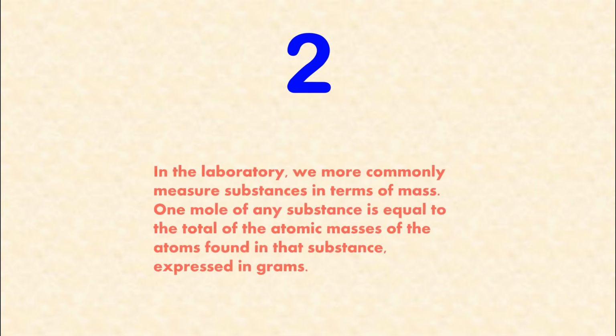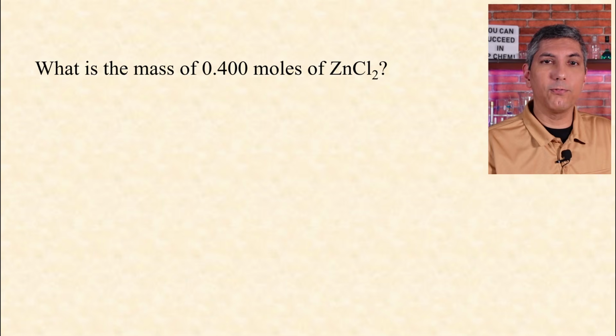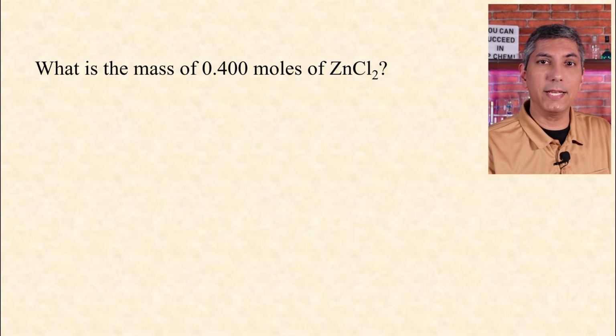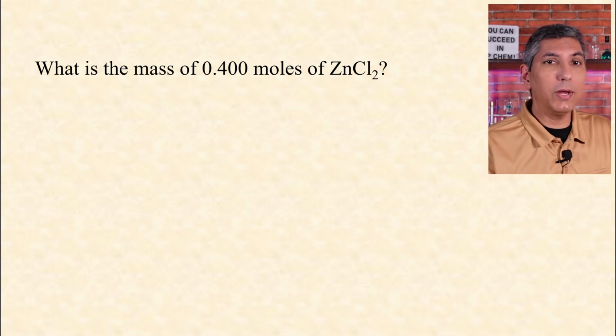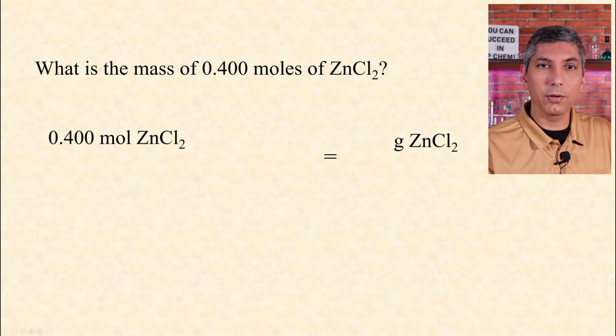Number 2. In the laboratory, we more commonly measure substances in terms of mass. 1 mole of any substance is equal to the total of the atomic masses of the atoms found in that substance expressed in grams. So if we're asked what is the mass of 0.400 moles of ZnCl2, zinc chloride, we can start by writing down what's given to us. Since mass is measured in grams, in our conversion factor we put moles on the bottom and grams on the